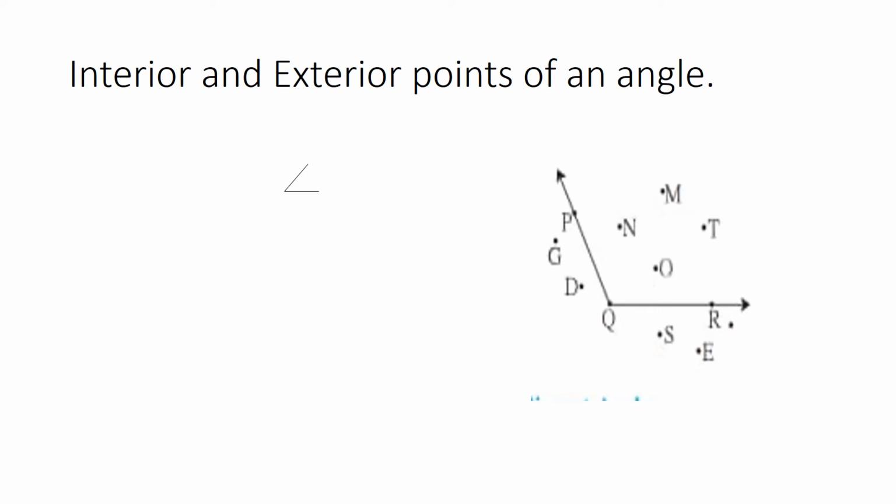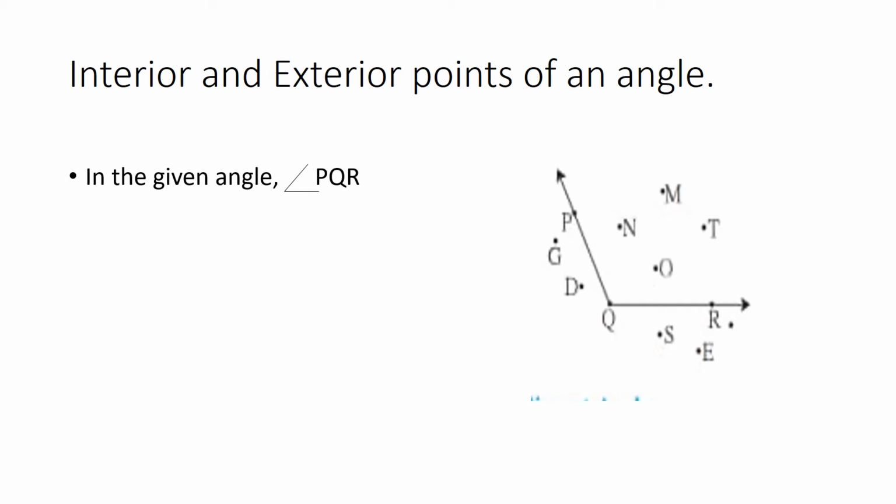So this is something new that we are going to do today, okay? Interior and exterior points of an angle. Stay with me, listen very carefully, okay? So if you will see on the right hand side of your screen, there is a figure given, right? आपको एक figure दिख रहा है ये? This is an angle. What is the name of the angle? The name of the angle is PQR because these 3 points are on the angle. They are the corners of the angles. So angle PQR में